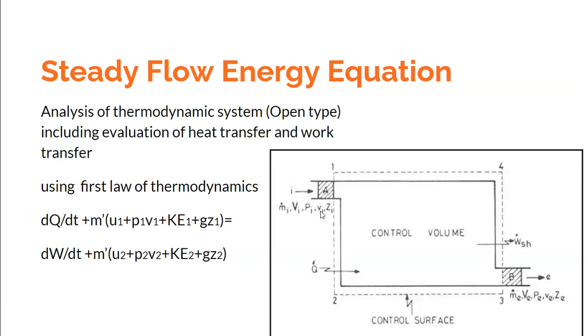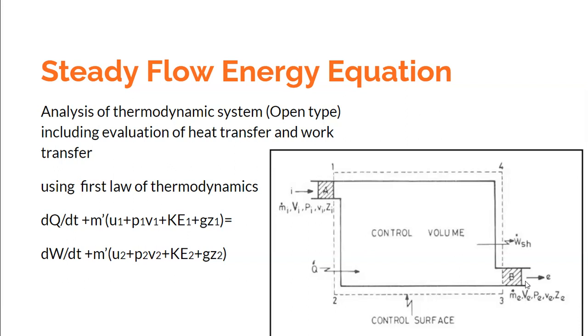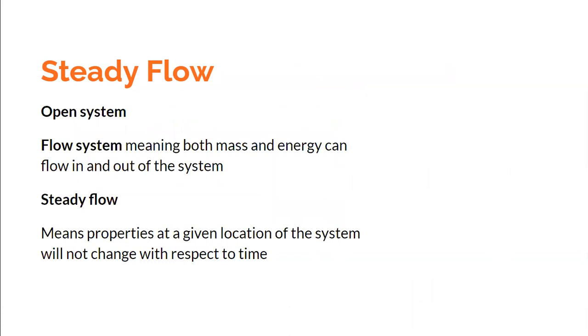Okay, if that is the case, you would say that the system is steady for 2 hours. Similarly, at the exit, if you measure the potential energy or kinetic energy, and if that value does not change with respect to time, okay, so the time considered, then we would say that that system is steady for that much time. Okay, so that is the meaning of steady, meaning the values would not change with respect to time. So we are considering a very special type of open system, which is a steady flow system.